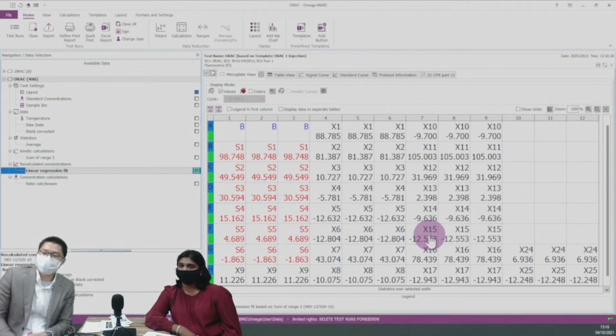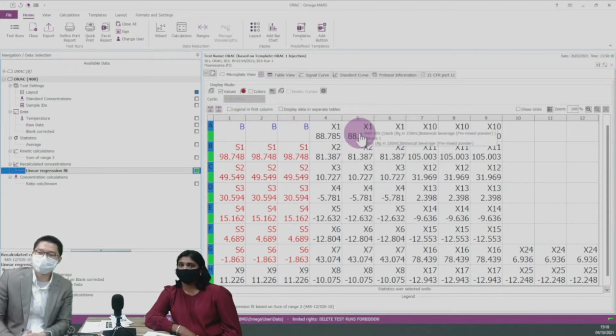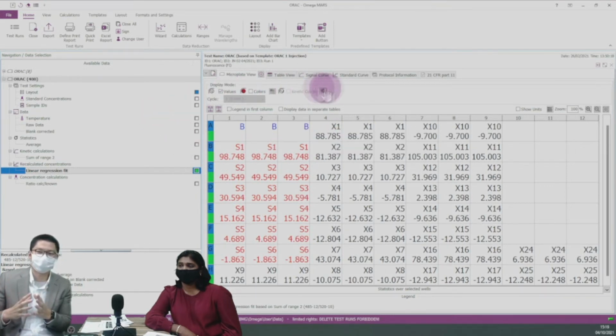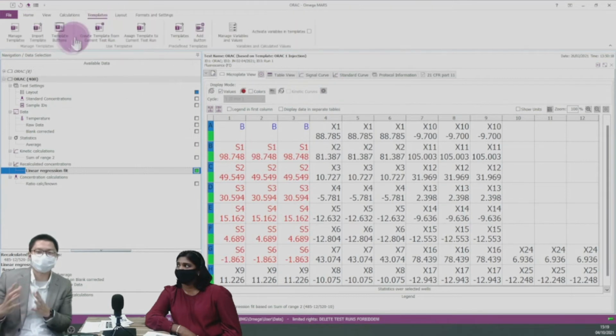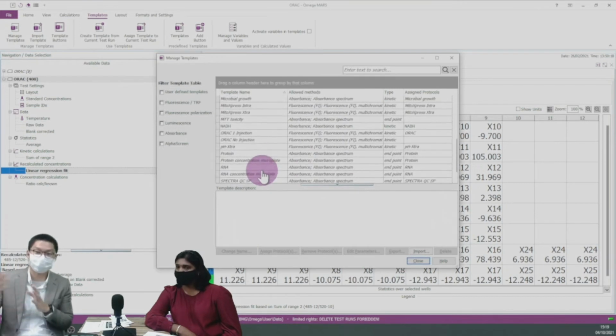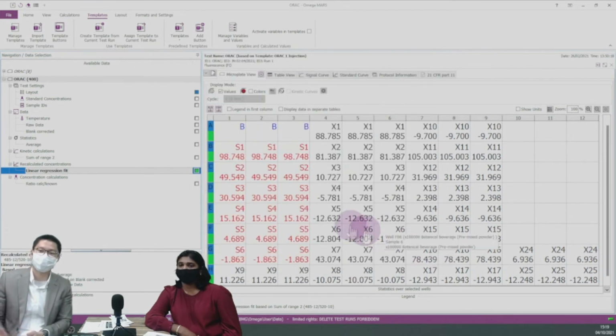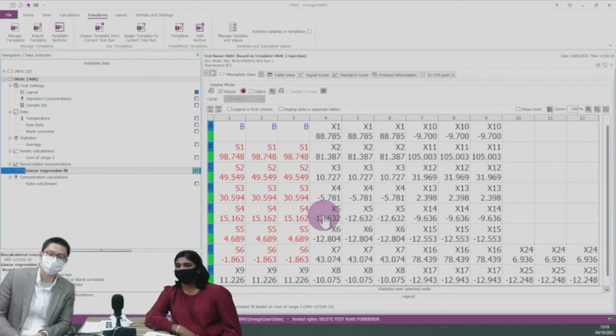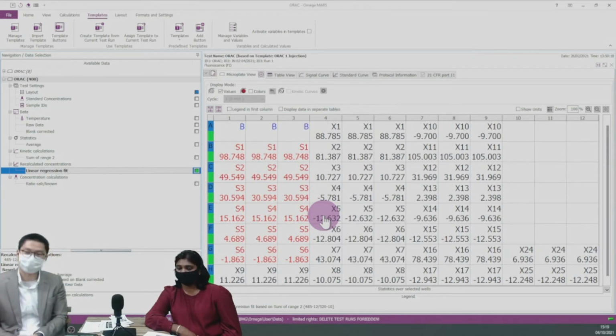Basically, the way this software handles all this data is by using a template. When we use a template, you can customize calculations for many different types of assays. So if you're doing MTT or DPPH assay or whatever other assays, we can help to automate the calculation for you, so you don't have to go to Excel. Having said that, if you want to export all this data to Excel, we can also do that. Okay, so that's it for the demo.